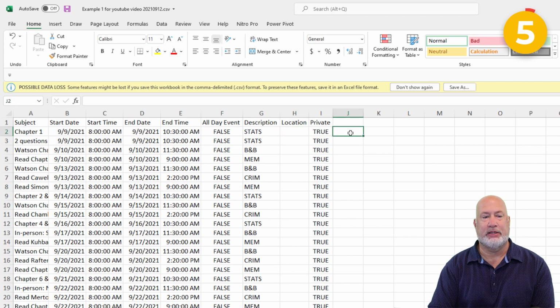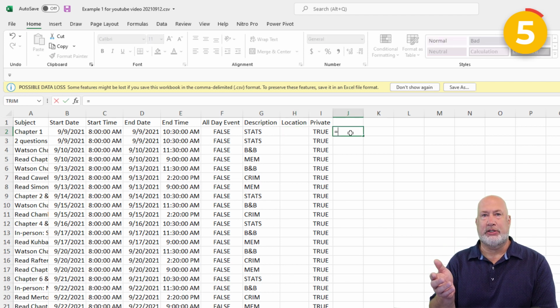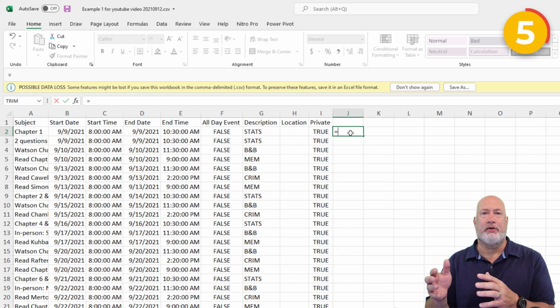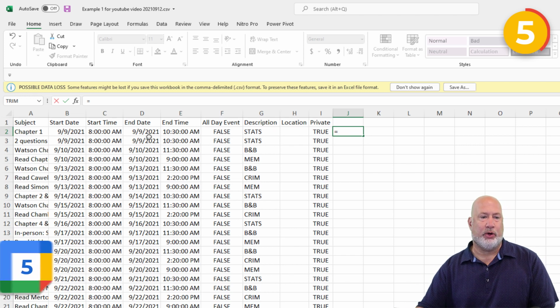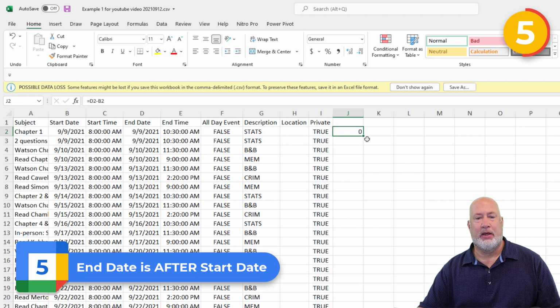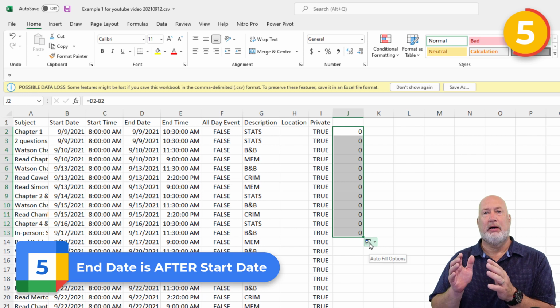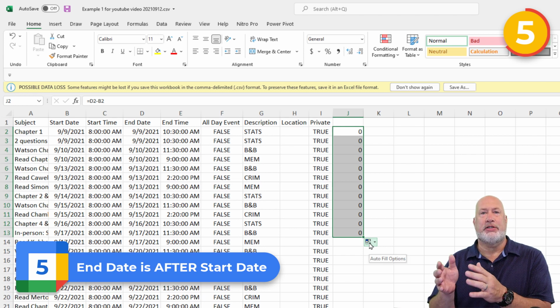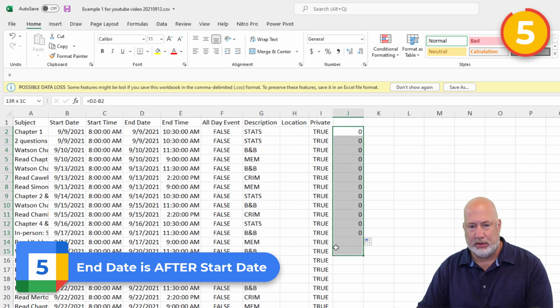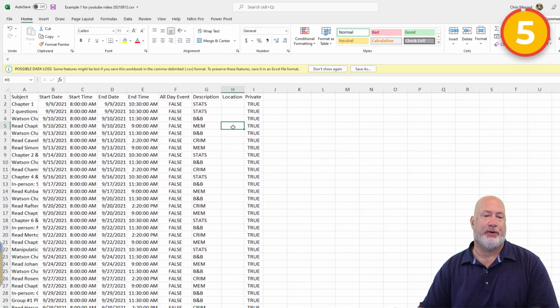One more tip I've got for you is I have seen one student sent me their file, and it pulled in approximately 120 of 160 events. They were wondering why the other 40 didn't come in. So I ran a quick formula because the dates looked a little weird even though they were formatted correctly. If you get any dates less than 0, that's not going to work because it's got to be 0 or greater, because the end date's got to be at least the start date or in the future. So make sure if you see any negatives here, you go fix that one.